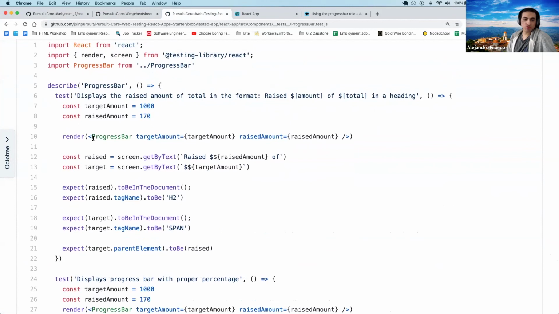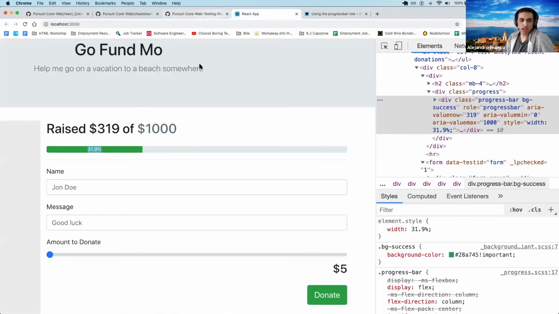Okay, so similar to the previous one, everything is the same, but we render now our progress bar. We pass some target amount, some raised amount. You can see here the same, just using some variables for that. And then we expect to see something that says raised and then the raised amount of, and something else that says the target amount. I had to break this down into two getBy queries, because there are two different elements. When we look at the HTML,